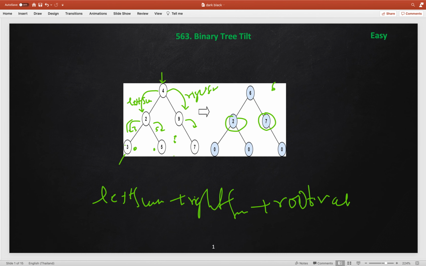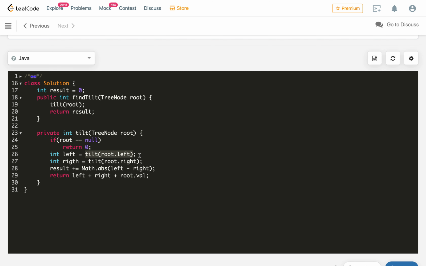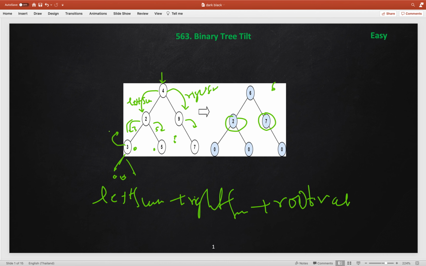So here first we will call left and right, and here we will get 0. This node will get root.val, and here 0 and 0. The absolute difference of tilt will become 0, added here, and this will return 0 plus 0 plus 3, which is 3. So this node will return 3 to the parent.